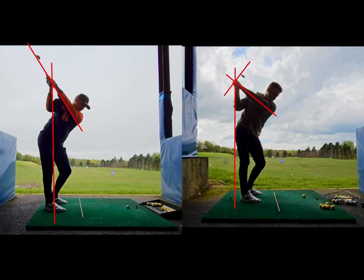And what this then gives us an opportunity to do, mate, is leave the center of mass of the golf club behind the hands as you start to rotate down. Now, all you need to do from here, in all fairness, is maintain the amount of external rotation you have in the trail arm and rotate. And if you can maintain the external rotation in that trail arm, you're going to get the center of mass of that golf club working more behind,